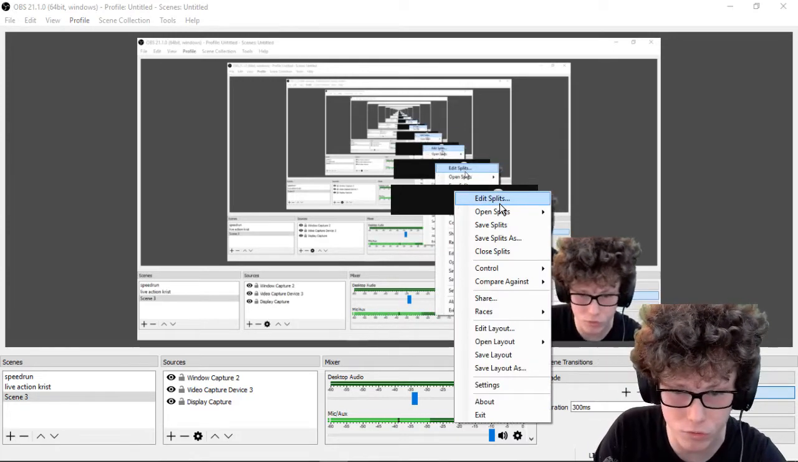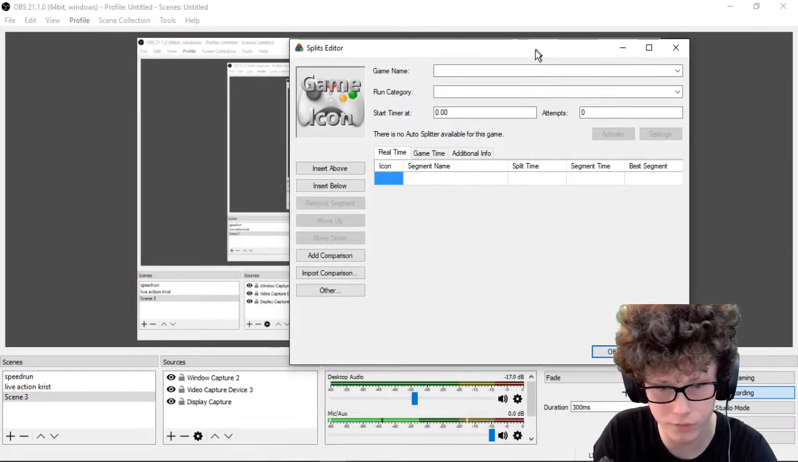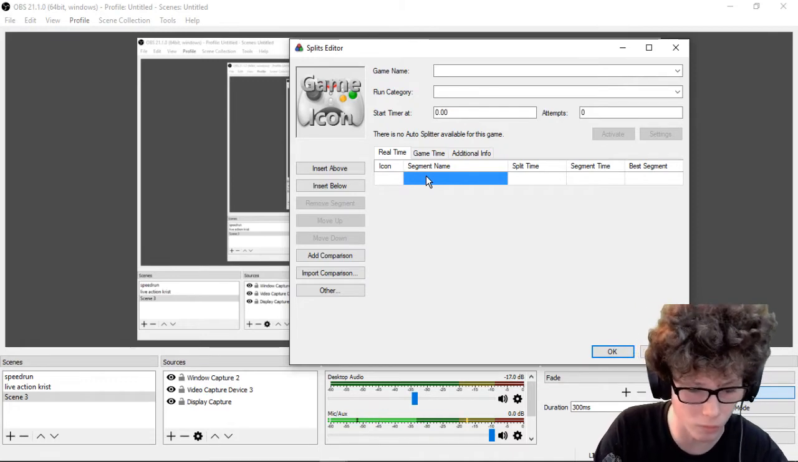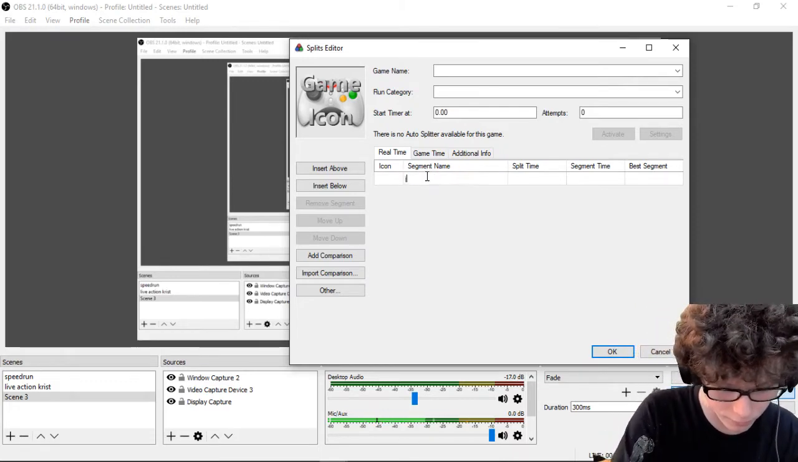Now what you want to do is click edit splits, and then if you're doing an any percent run, you can add all the level names, such as Jump the Crater,